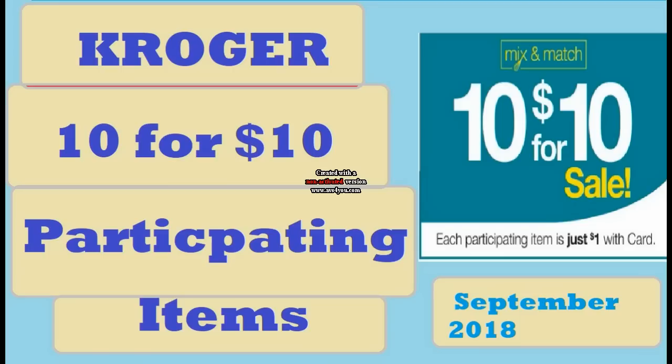Now, it is important to keep in mind, you do not have to buy 10 to get this price. It's just $1 each. That's all it is. You don't have to buy 10 items, even though they kind of make it look like you do. So yeah, keep that in mind. And it's just going to go through and show you all the items that are on sale 10 for 10. There's 45 items I got. There might be even more that I missed. But yeah. And also another thing,